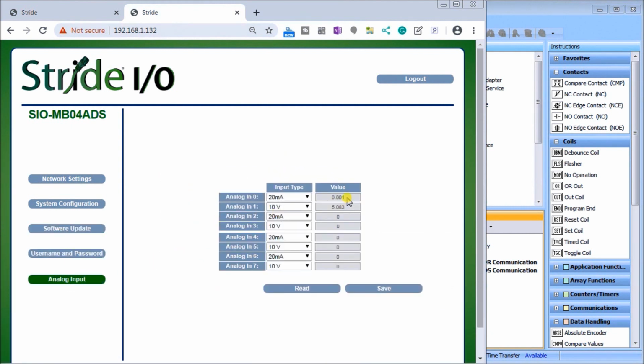You can see here that currently we actually show 7 or 8 analog inputs, but there's really a 4-point input channel. That means you can have 4 voltages and then 4 current inputs to each channel. Currently on my 10 volts I have 5.083 reading. So that is my configuration of my Stride I/O modules. So now let's look at our